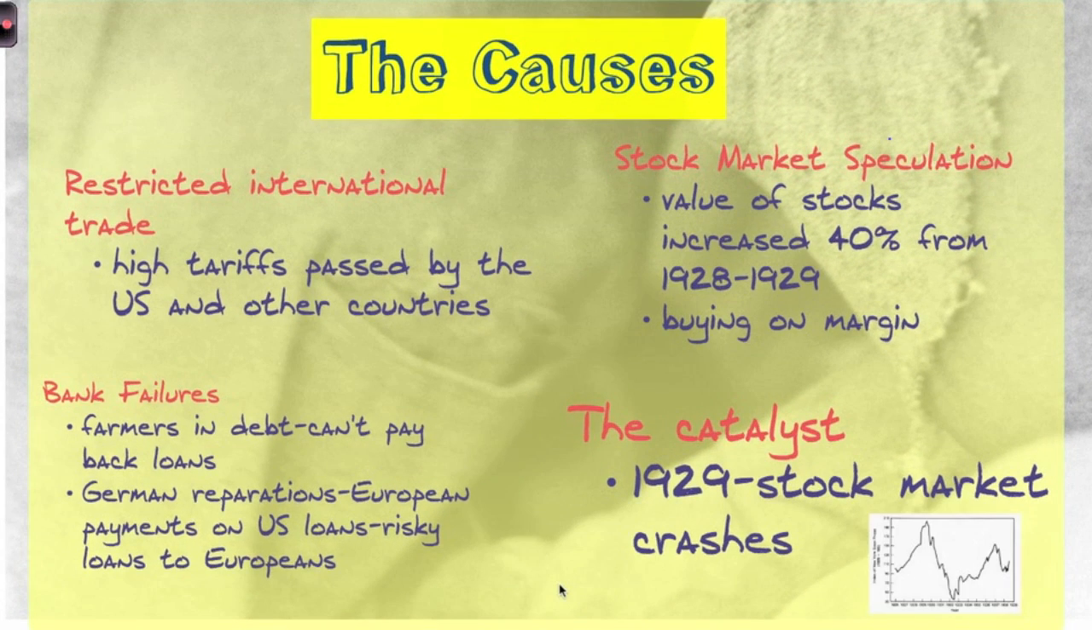All right, so the causes of the Great Depression. Most of you probably heard that the cause was this great big stock market crash in 1929 and everything went downhill from there, where actually that was just a catalyst to a number of things that were going on before that. Some of your other causes are going to be unrestricted trade, where we had high tariffs that were passed,